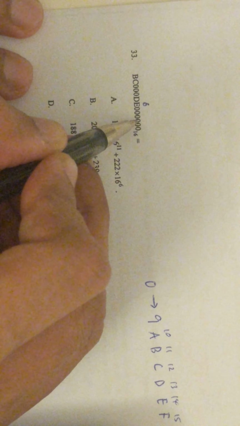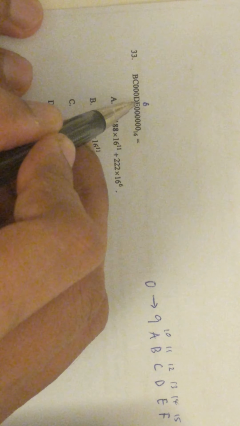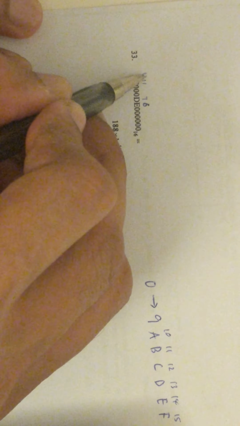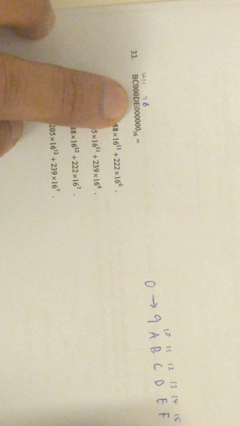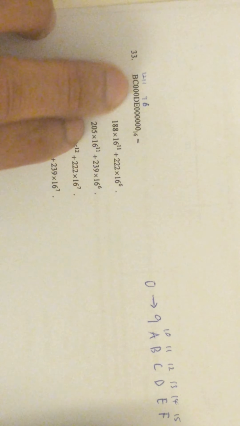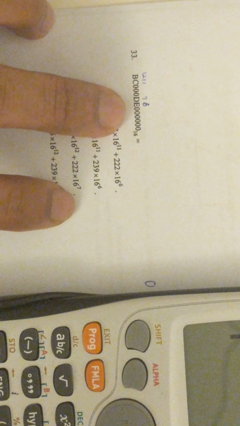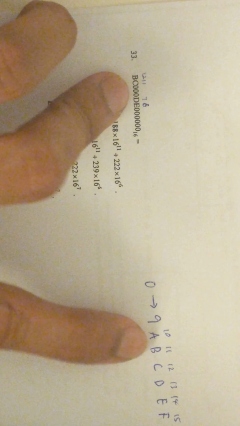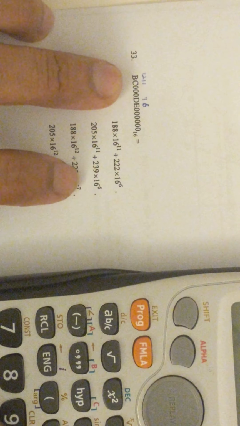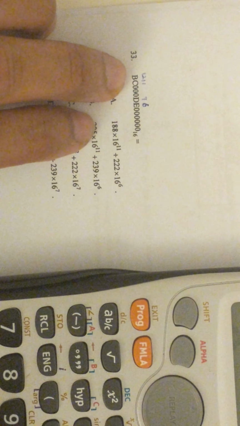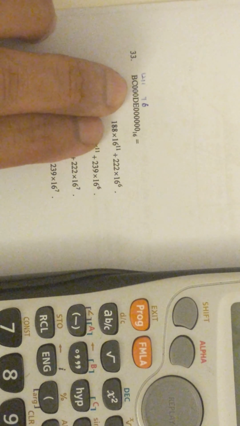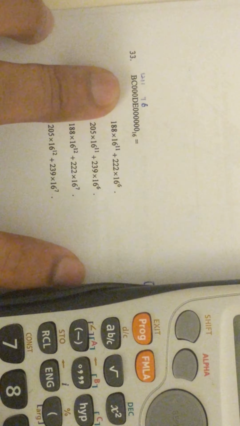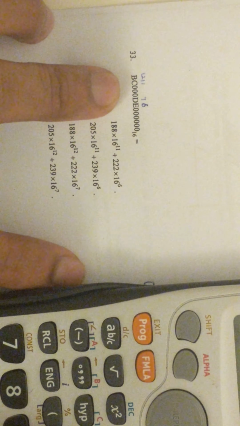So again, 0, 1, 2, 3, 4, 5, 6, 7, 8, 9, 10, 11, and then 12. So these are the values I will need to put in the calculator along with the B, C, D, and E. So how do I do that? So B is 11, so it's 11 times 16 to the power of, the location is to the power of 12, and C, so C is 12 times 16 to the power of 11,